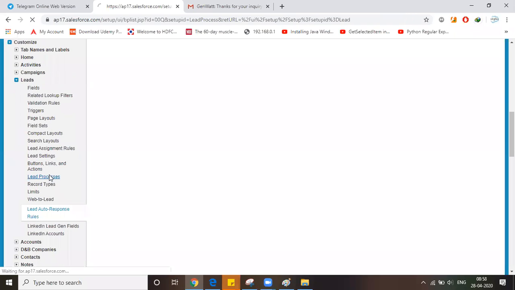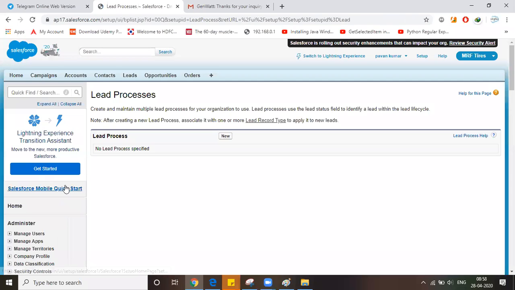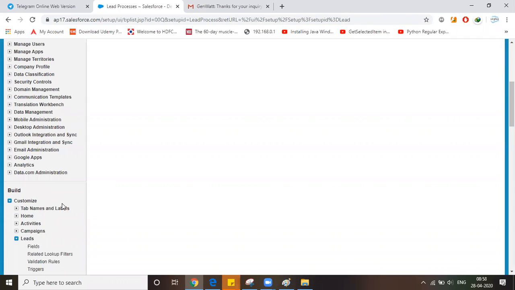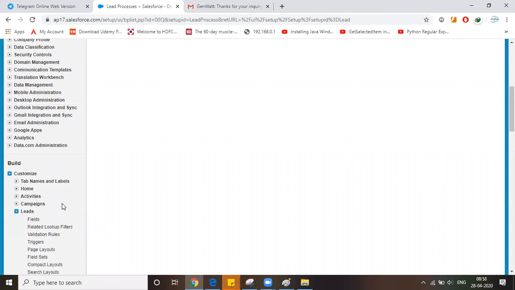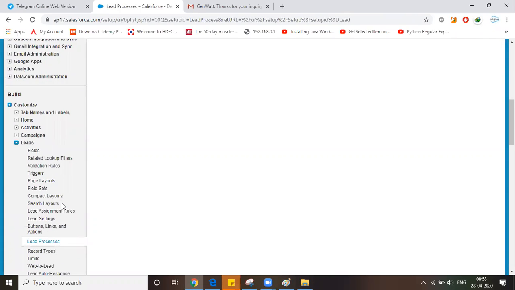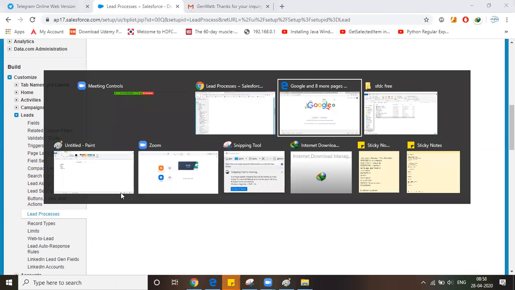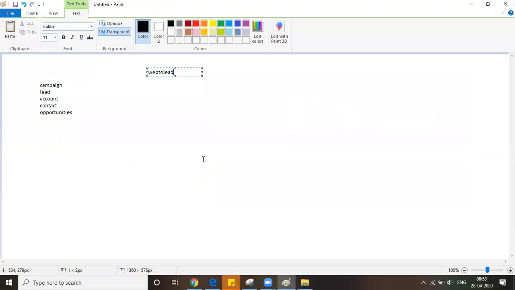Lead process. Lead process is nothing but it contains the process from start to end, from lead generation to lead close. Those things we will define here in the lead process. So lead forms will have two types of forms. Leads will be generated by two things, right?